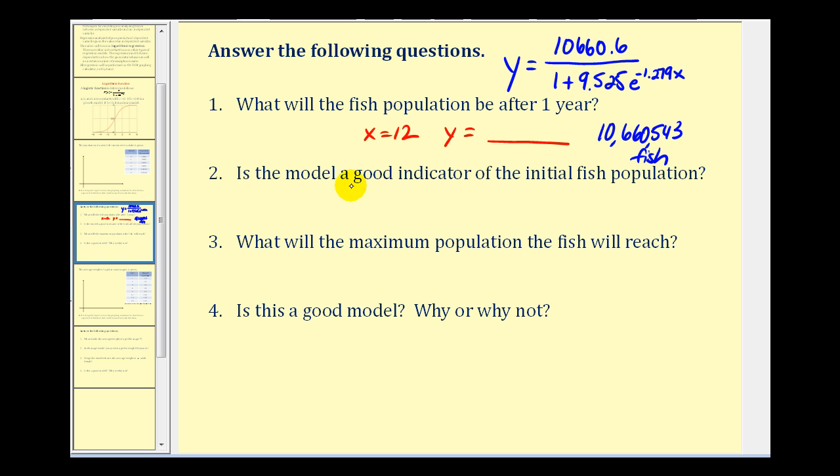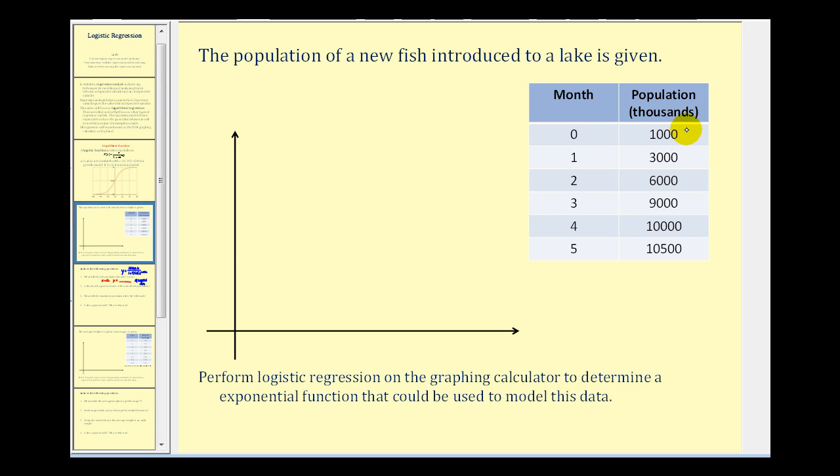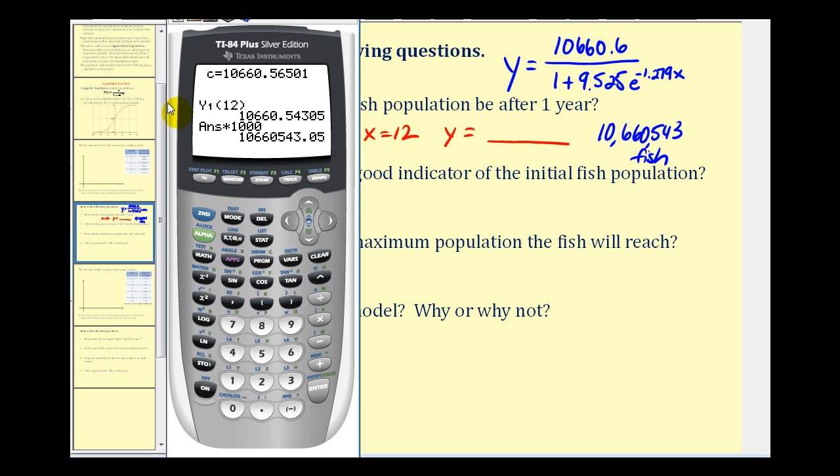Number 2, is the model a good indicator of the initial fish population? Going back to our data, the initial fish population was 1,000 times 1,000 or 1 million fish. Using our model, if we replace x with 0, that'll give us the initial amount based upon the model. And instead of doing this by hand, we can go ahead and use the graphing calculator and determine y1 of 0. So vars, right arrow, enter, enter. So y1 of 0